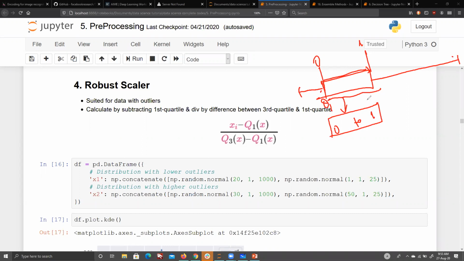So if anyone asks you what the scaling factor is, remember the middle 50% is between 0 to 1. Again, the negatives will go further negative, the positives will go further positive. Any outlier will still look like an outlier, but at least you have got the middle 50% between 0 to 1. But doesn't that kill some data?